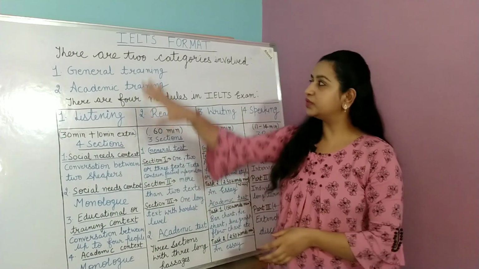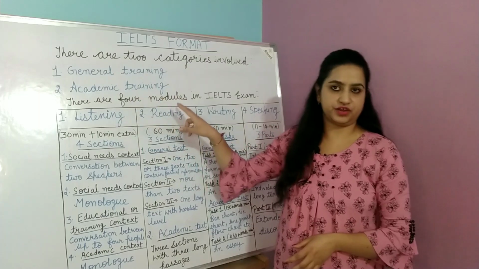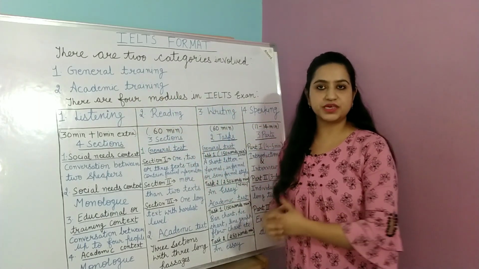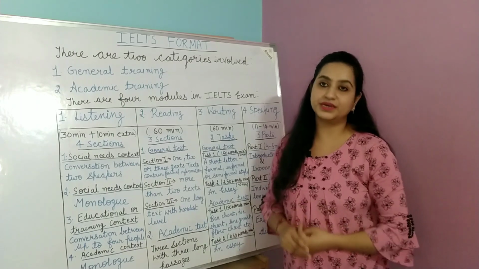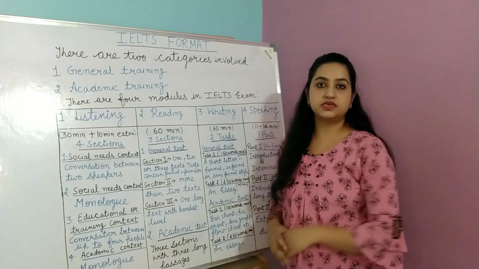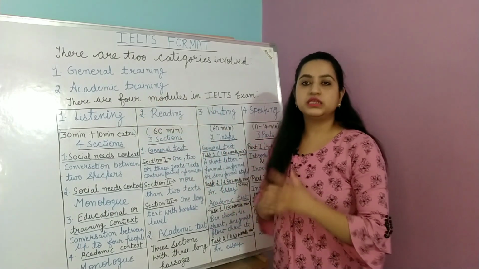There are basically 2 categories involved in the IELTS exam, that are General Training and Academic Training. General Training is for those people who want to move to English-speaking countries for the purpose of permanent residency. And Academic Training is for those aspirants who want to move to English-speaking countries for the purpose of their higher